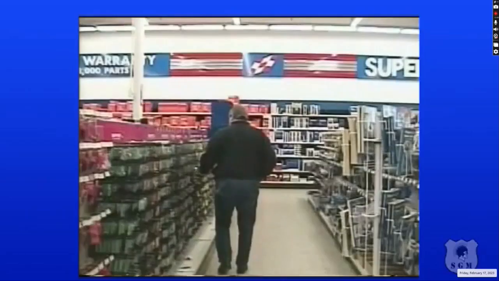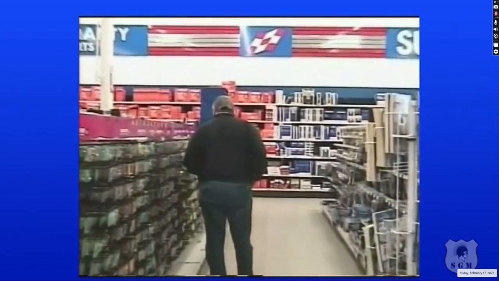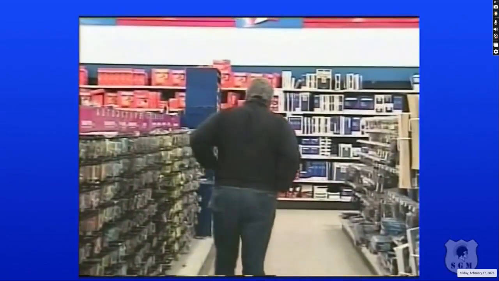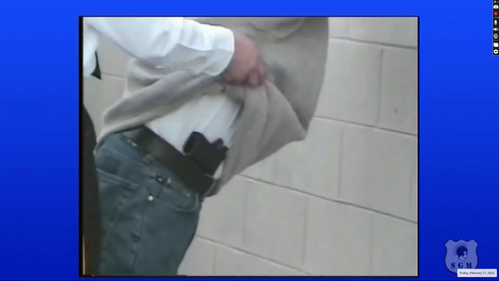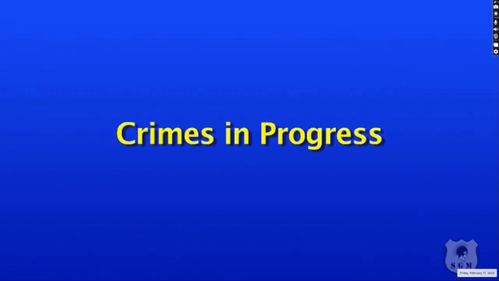For example, did that man just put a box of spark plugs in his pocket and is he walking out the door without paying? Is that person breaking into that building? Is that man robbing that lady? Are they setting that building on fire? Is that a gun in that man's waistband? All of those are crimes that if a reasonable person sees it, they will come to the same conclusion as you. In other words, these were crimes in progress.